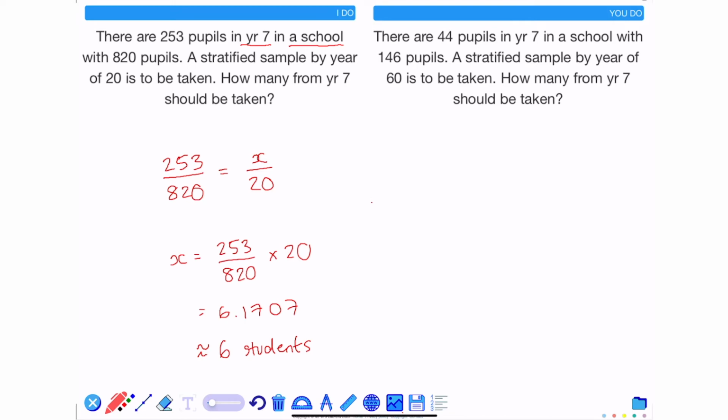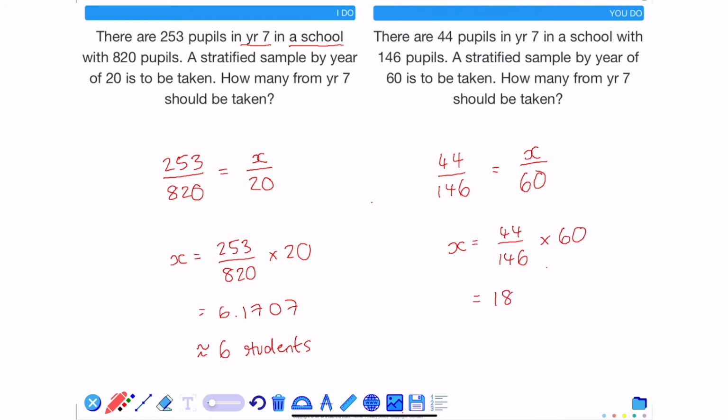So I can see in this question that there are 44 students out of 146 pupils that are in Year 7. I want to keep the proportion of Year 7s in my sample to be the same as what it is in the population. So in other words, I want this to equal x over 60, since 60 is my new sample size. Rearranging this gives me x is equal to 44 over 146 times by 60, and this gives the answer